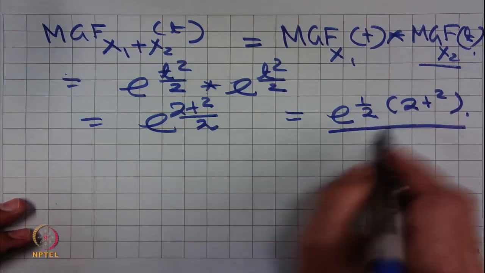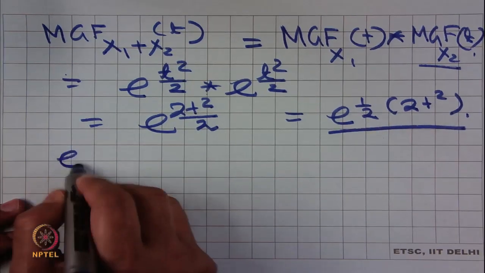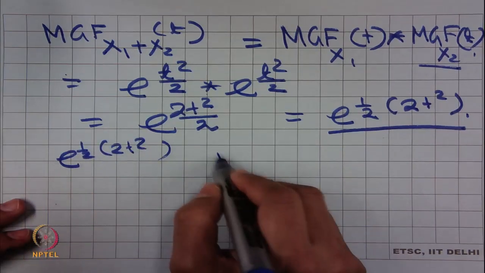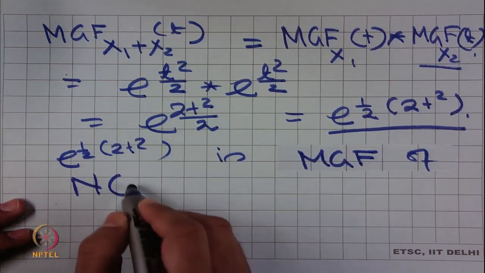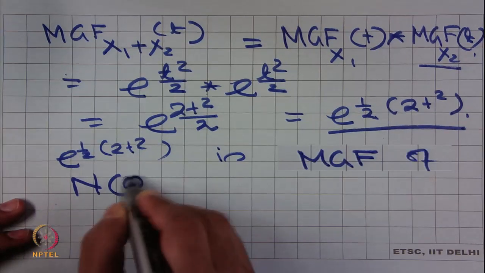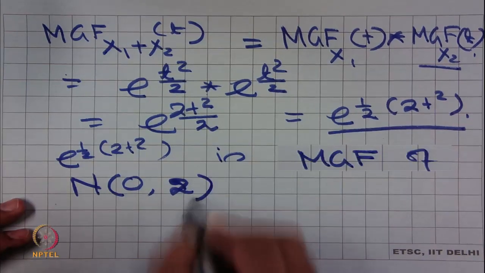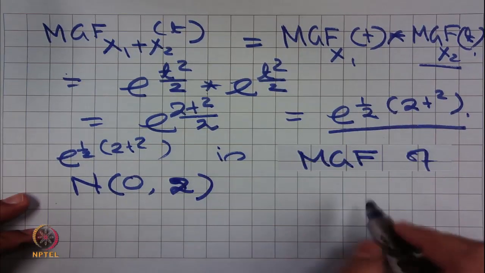Now, this is the MGF of a normal population, normal with mean 0, variance is equal to 2, right,